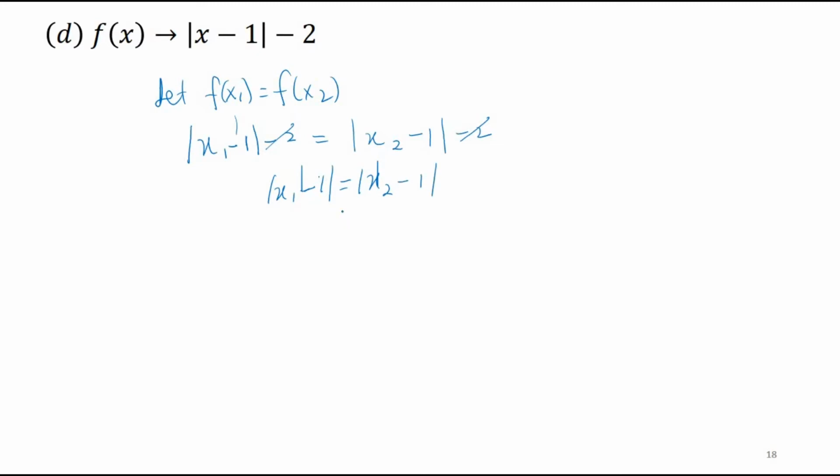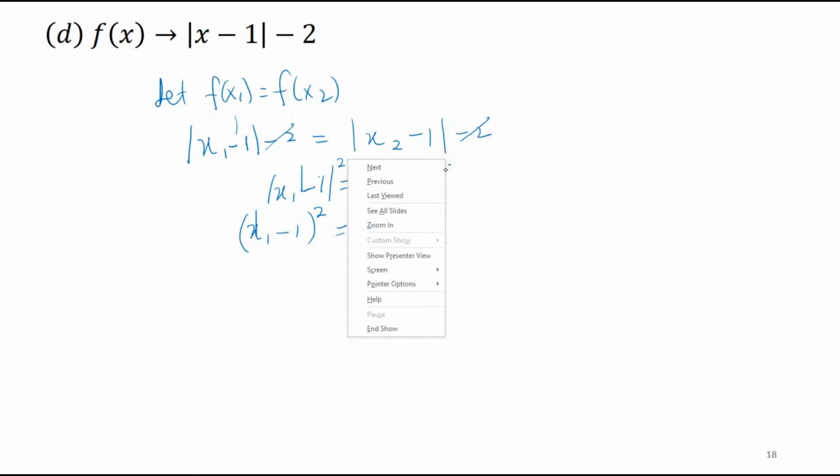So you have to square both sides. If you square both sides, then you have (x1 minus 1) squared equal to (x2 minus 1) squared. So you have to square both sides so that you can